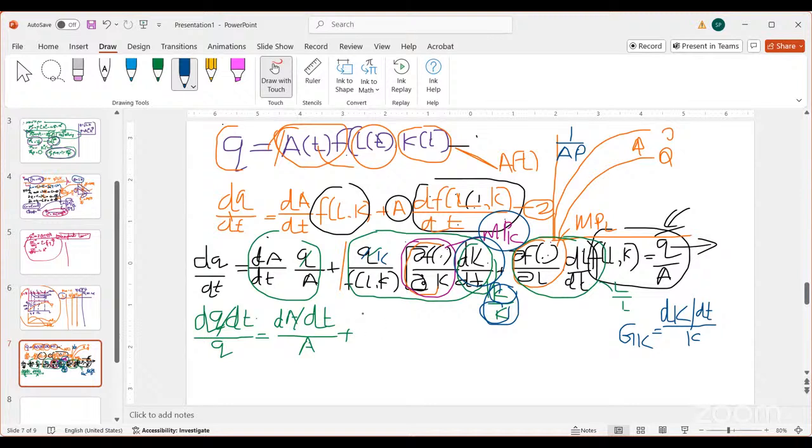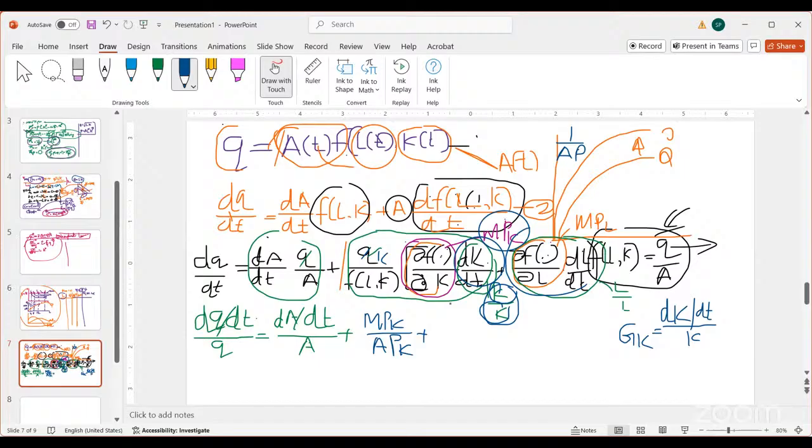Ultimately, it's coming marginal product of capital divided by average product of capital, and the plus,